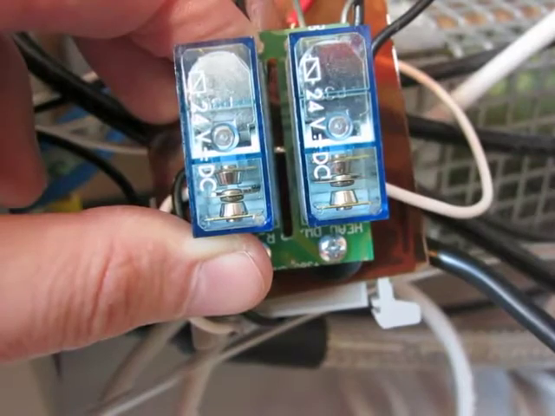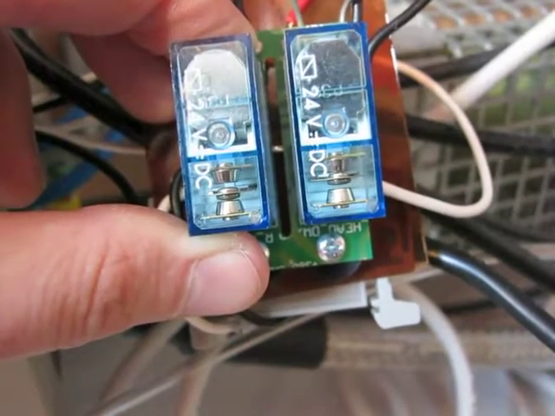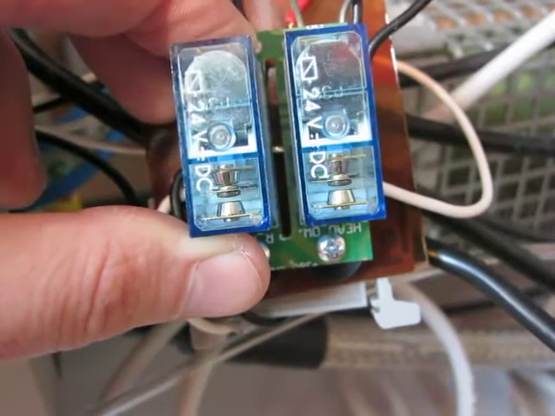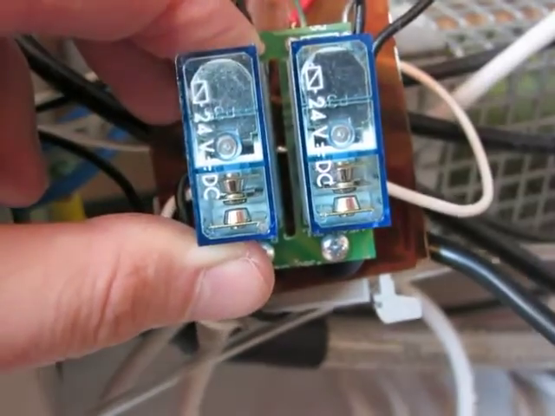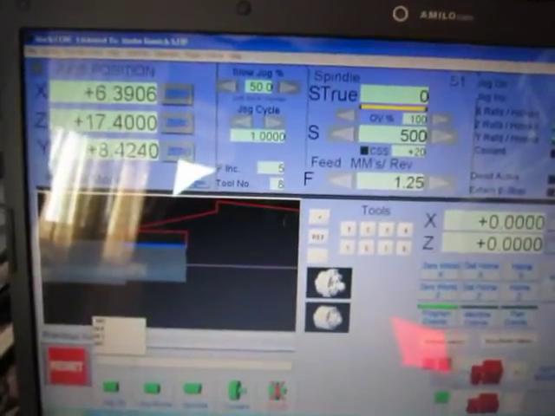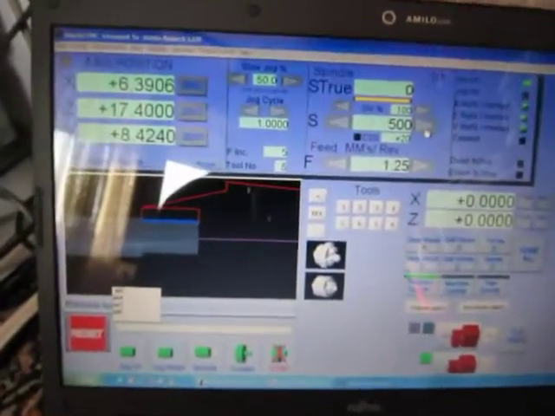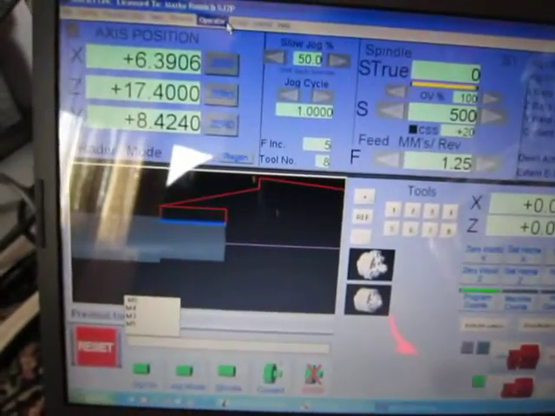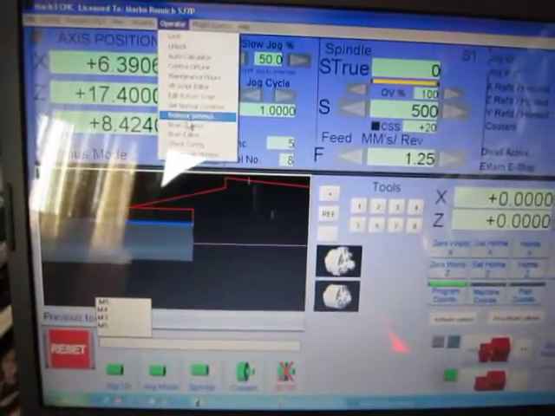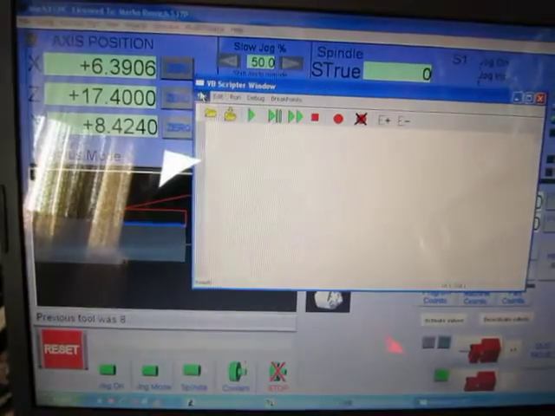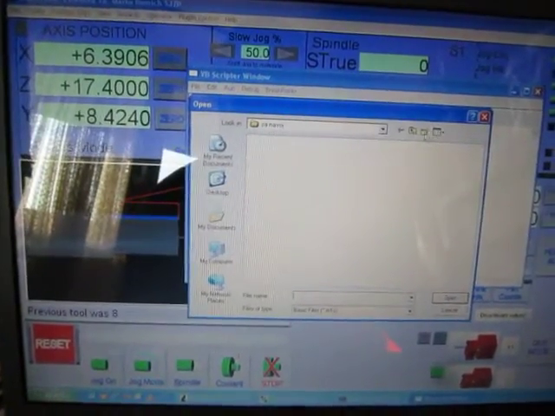So as it's possible to see, M5, the relays work strange, and what I have done, I went here in the folder where the macros are, file, open file,